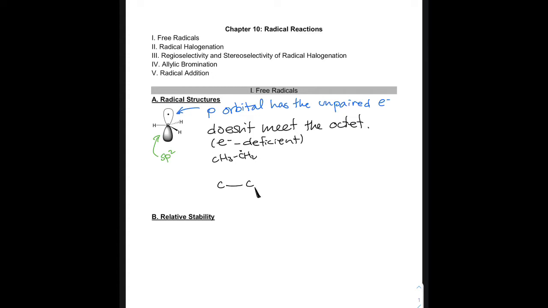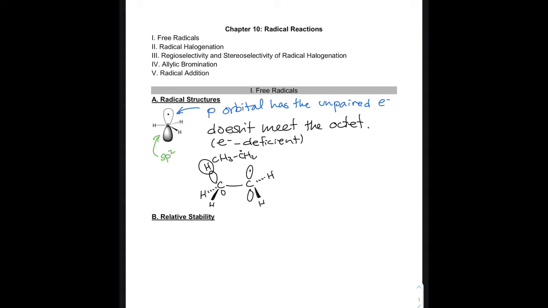Okay, so I'm going to draw the structure here, and it would look like that, where that right there is the p orbital with the unpaired electron in it. The reason why I drew it like that is to emphasize the fact that when we have other alkyl substituents next to it,